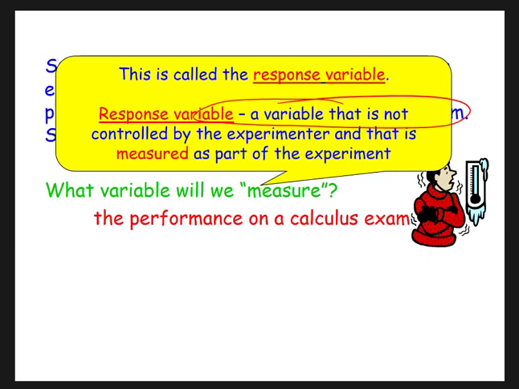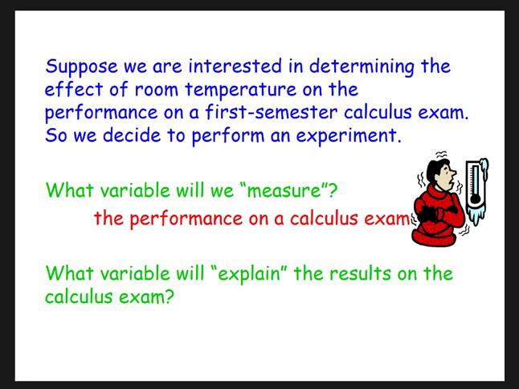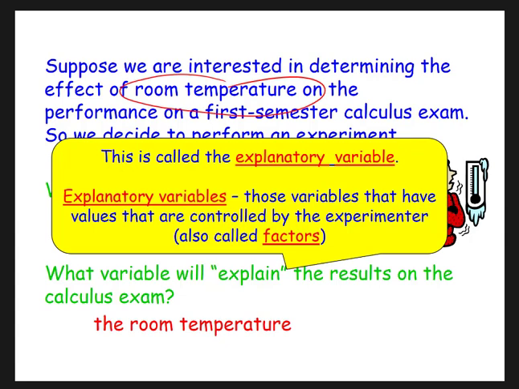This is called the response variable. That's the variable that is hopefully reacting to the one that we control. What variable will explain the result of the calculus exam? Well, this is the one that we alter, we control, the predictor variable. And that is the room temperature. The explanatory variable that explains the cause, hopefully, of it. Remember, we can't always assume that cause-effect relationship, but we're choosing it in such a way that we're hoping that that explanatory variable explains the changes in that reaction variable,